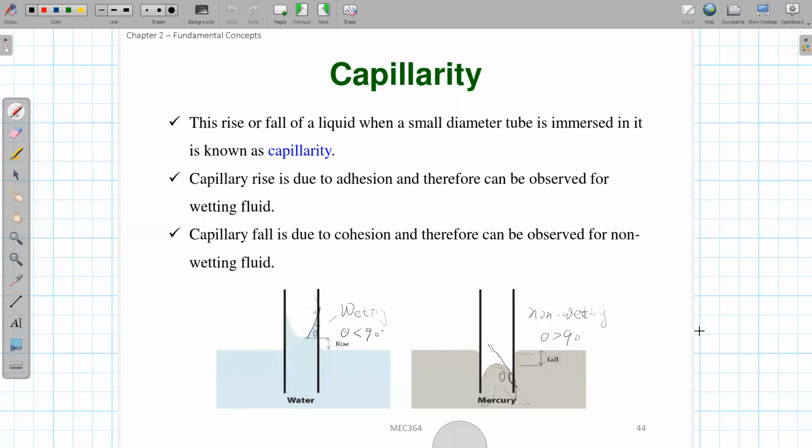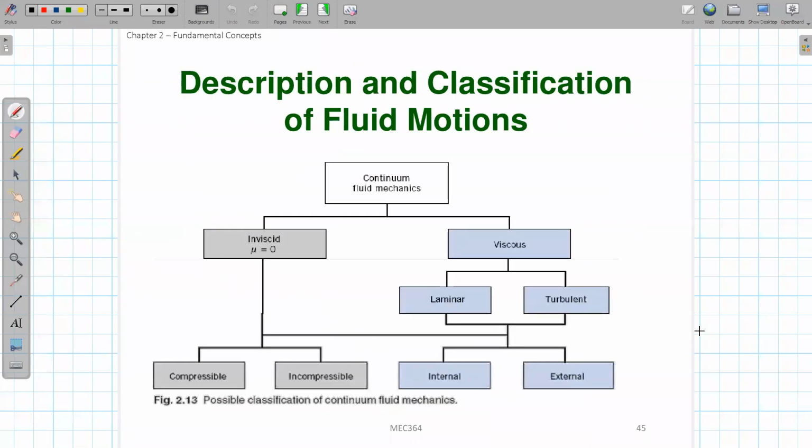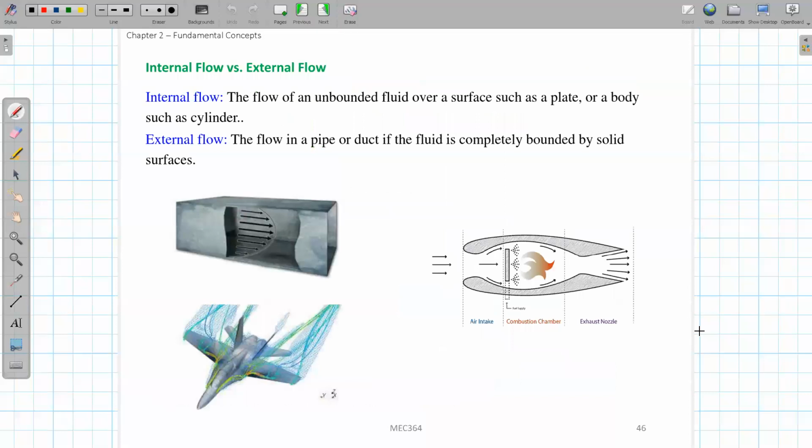Okay, no, that's good. And the last topic of this chapter, chapter 2, is some classification of the fluid mechanics. We have many kinds of fluid flows, right? So there are some fundamental classifications there. We can classify the fluid motion in different ways. One way we can distinguish is by